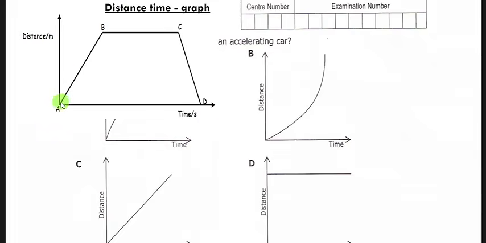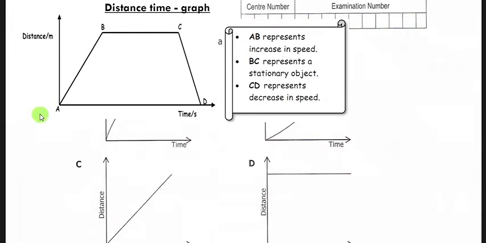But if you have a straight line like this one, like A, B, C, D, we are saying AB represents a constant increase in speed. If a line is straight on a graph, going like this with an upward slope, then from A to B it is increasing at constant speed. Then BC, where the line is horizontal and going in the direction of the time,